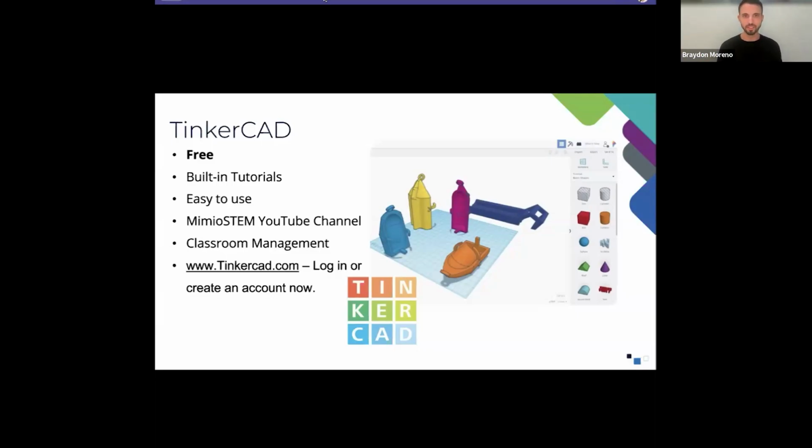It is simple to get set up. It's got fun shapes that you can see in the image right there. So you can drag shapes onto the platform and start manipulating them in order to build your first 3D model, okay? If you've never used Tinkercad, go dive in there, make an account, start having fun playing with the tools